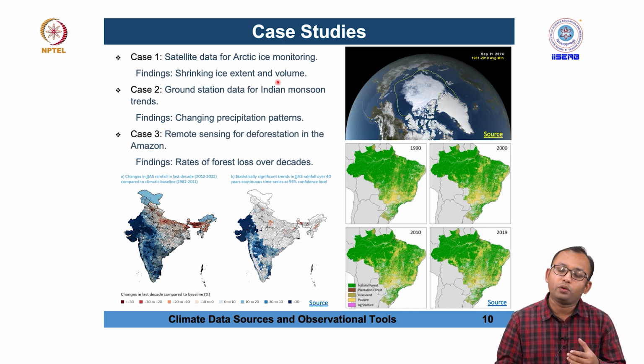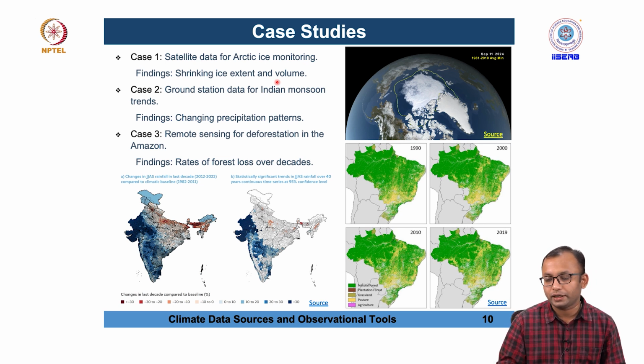Therefore, it could lead to more global sea level rise, or more changes in oceanic behavior in the near future. Then case study 2 used ground station data for Indian monsoon trends, where this study